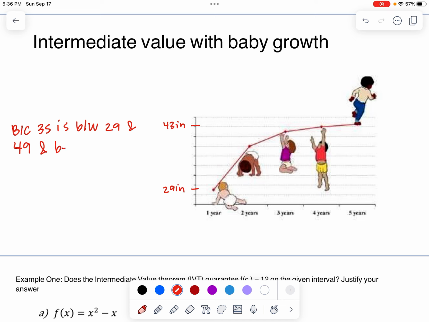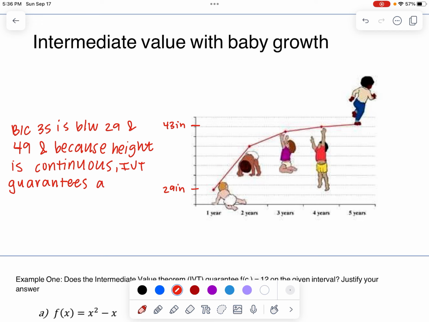Well, because let's say 35 is between 29 and 49, and because height is continuous, and what that means by saying height is continuous is you can't just jump from one height to the other. That doesn't make sense. You gradually grow. So because 35 is between 29 and 49, and because height is continuous, the intermediate value theorem guarantees, and this is just common sense, that at some point